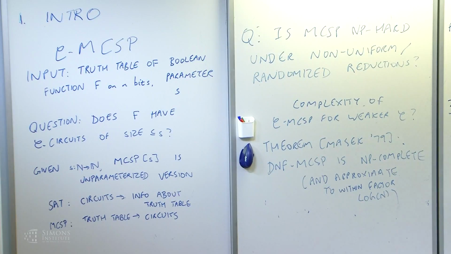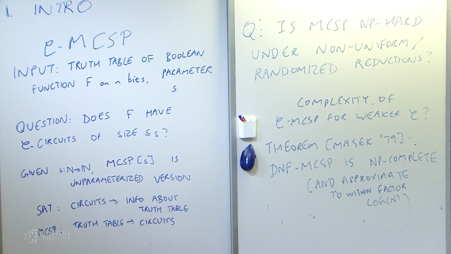So at least there are versions of a natural class C for which MCSP is NP-complete. But we know lower bound techniques for many more classes, right? Not just DNFs. So what can we say about more general classes? Not very much, it seems, at least so far. But it might very well be that people just haven't looked at this very much. It's certainly worth looking at in more detail.